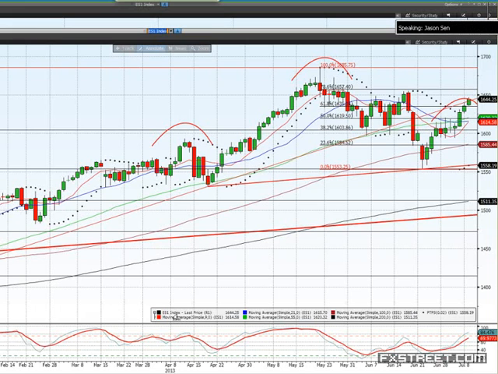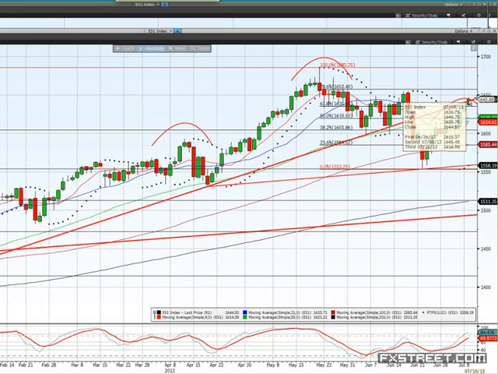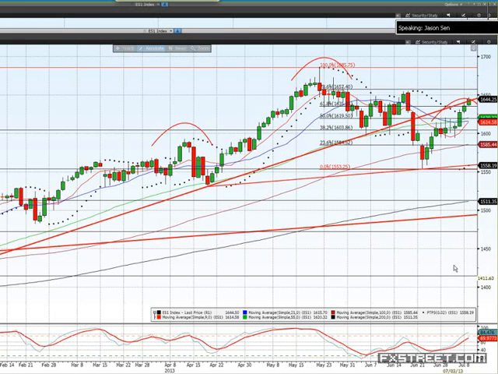We're just trying to push above it today. On the daily chart, the trend line is at 1641 in fact, so we've pushed quite a way through there. So if we close above that, that's going to be quite important again.